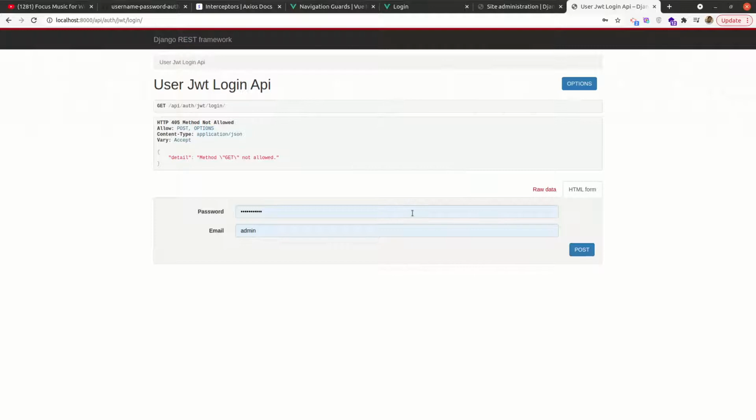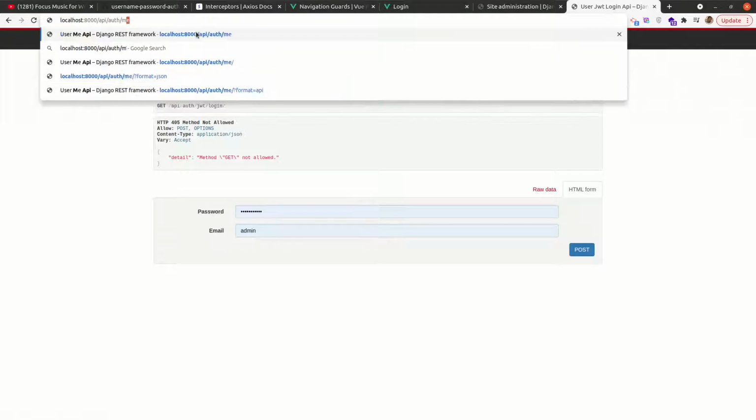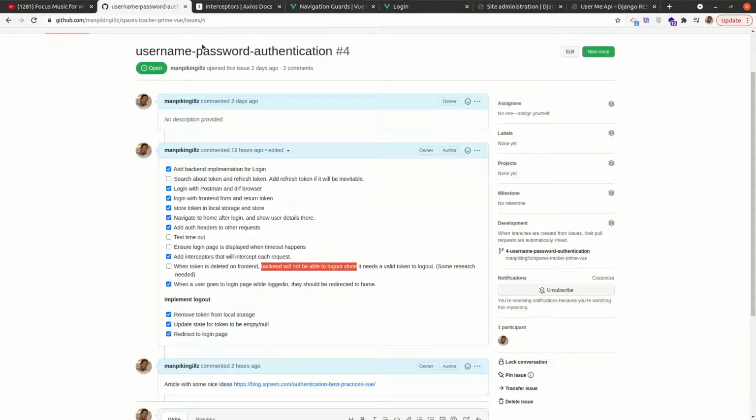Not sure if logout should work from here, but login should be fine. So we did that: store token in the local storage, that one is done. Navigate to home after login and show that one, we did. And if you want to know how we are showing the email